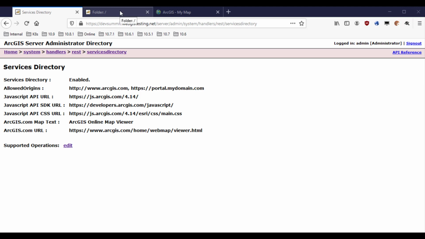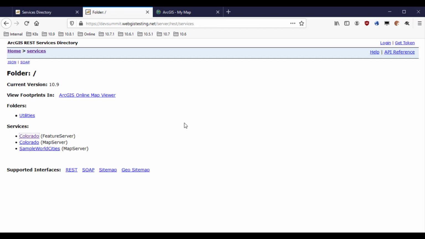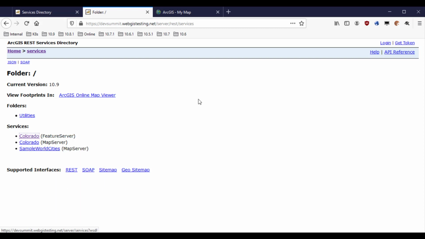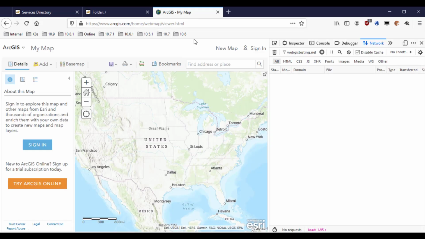So now let's jump over to the next tab. This is my REST services directory, and within here I've got a feature service published, a Colorado feature service with editing capabilities already enabled. I want to view this in the ArcGIS Online Map Viewer. So on the third tab, that's what I've got open here. Notice in the URL I'm accessing this via HTTPS,